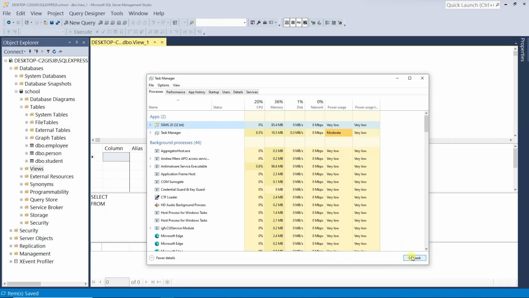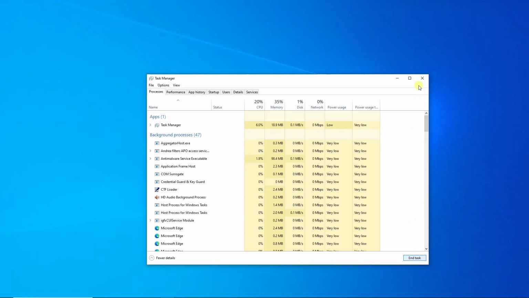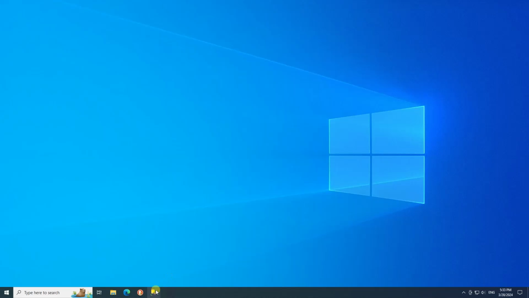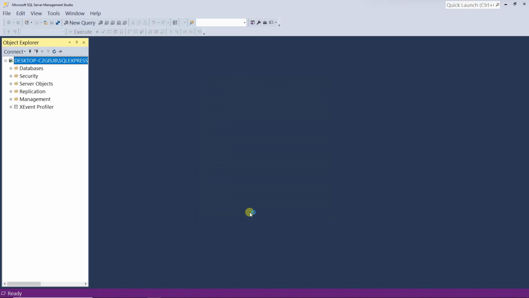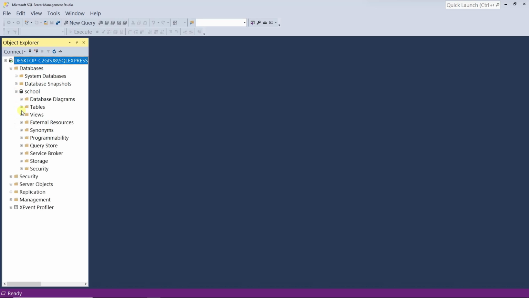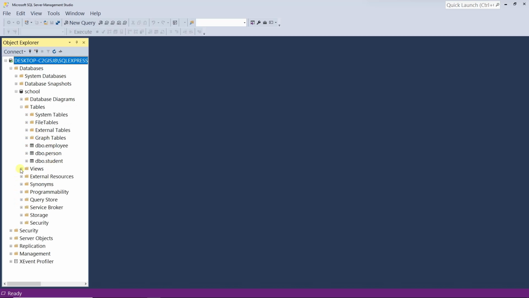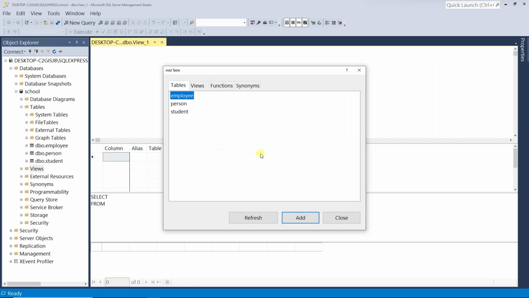I'm going to end the task on SSMS, and then I'm going to open SSMS again. I'm going to connect again. See my database, tables, they're all there. Okay, views. All right, so right click on views and new view, and it works this time. Okay, good. So I'm going to use the shift key on my keyboard, and then I'm going to select everything. Click on add,